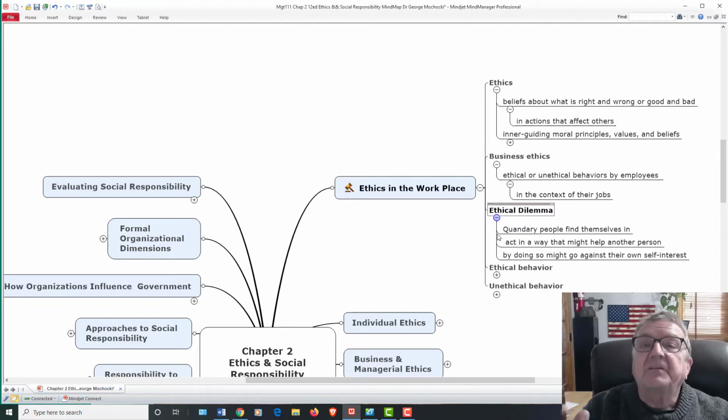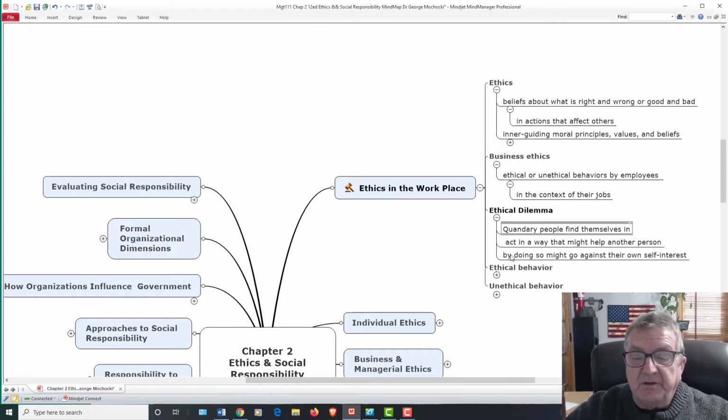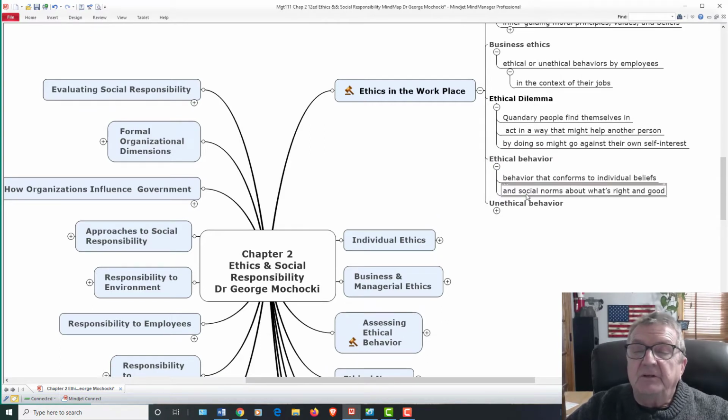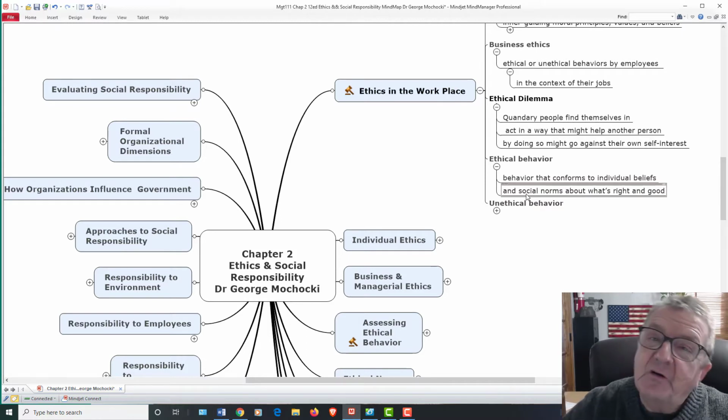Okay, the ethical dilemma that we have is a lot of times it's not illegal or it's not legal. It's in that fine gray area, and I have to make a decision. Will it benefit me more? Will it benefit the client? Or could I find that in the middle of that road that benefits both of us? Okay, so that's ethical behavior.